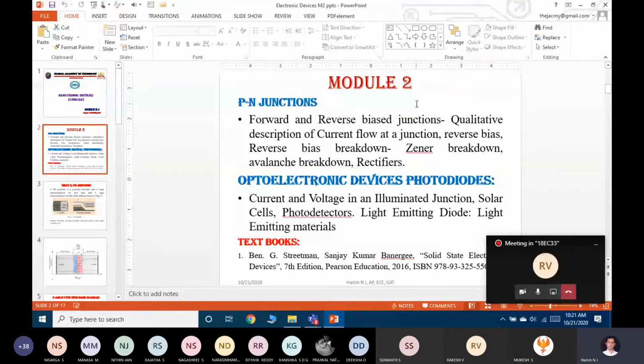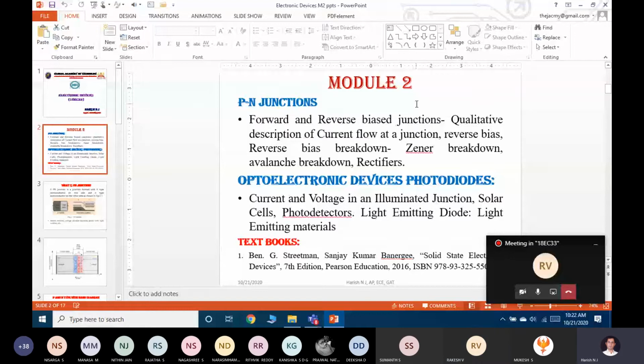Now you keep on increasing the reverse supply voltage, starting from -1 volt to -2 volt, -3 volt, -4 volt, something like that. Now can you tell me what about the depletion region width? The depletion region width increases. In forward bias it decreases, in reverse bias it increases. Yes, exactly, you are right.